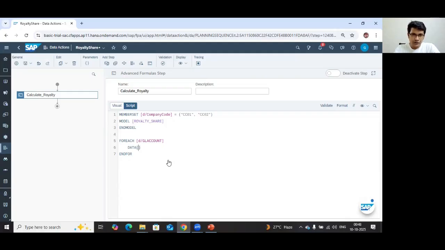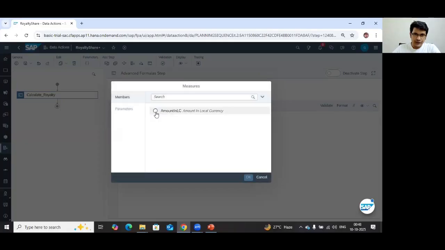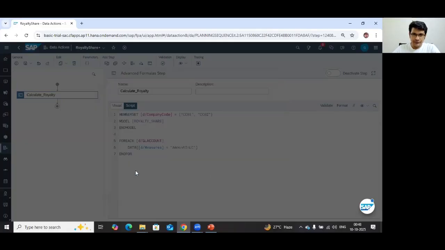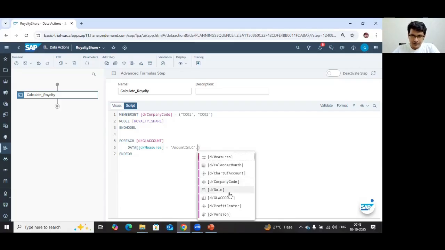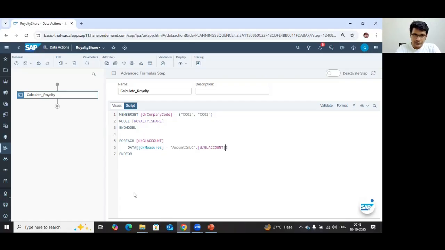Okay, so you give measures equal to amount in local currency. Yeah? And you need to give a GL account,